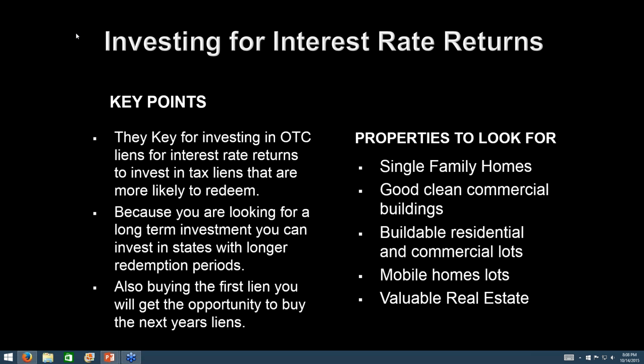Absolutely. And if you were able to acquire that property for $300, and let's say that there's 2 other liens, so you end up paying a total of $900, and you get a property worth 20 grand, you can turn around and sell that property. I mean, let's say you end up spending $1,000 on it.